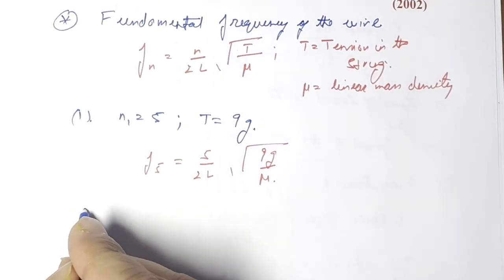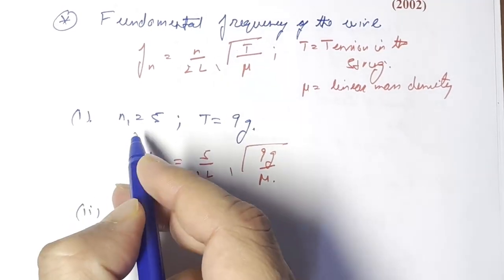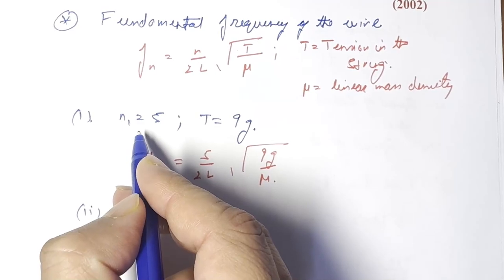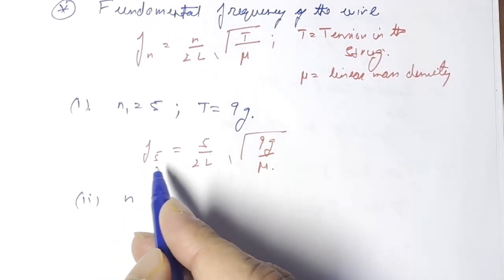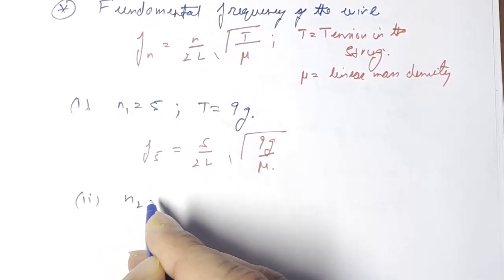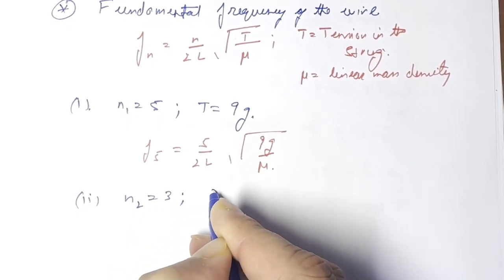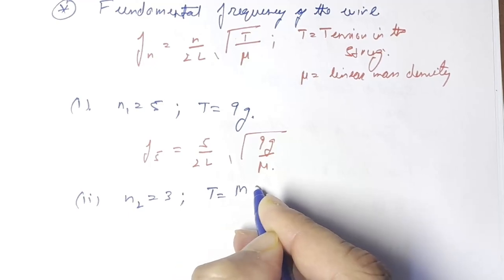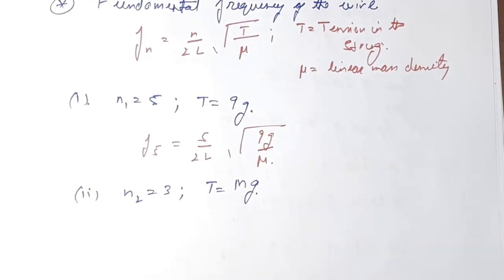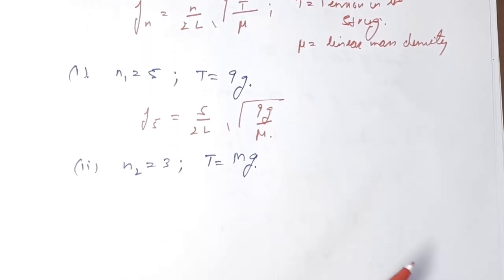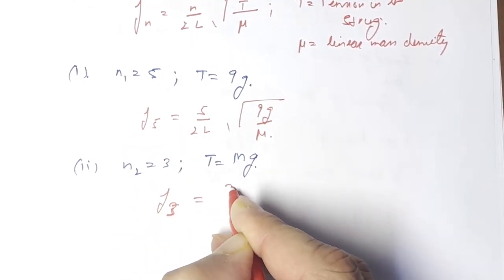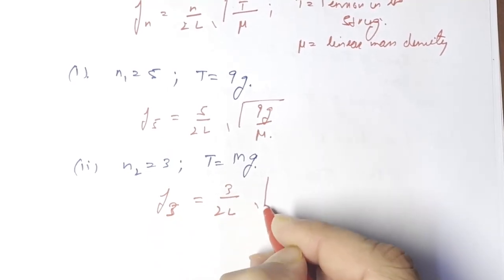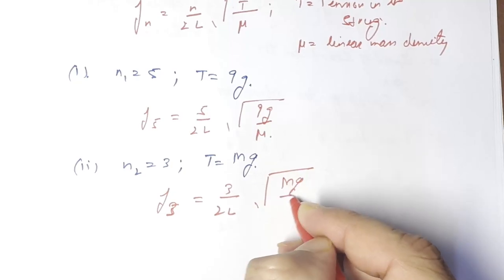And for the second case, the number of antinodes is 3, and the mass now is M, which we are supposed to find out. So the tension in the string will be T is equal to mg. So once again you can write the formula that f3 will be equal to 3 upon 2L square root of mg upon mu,